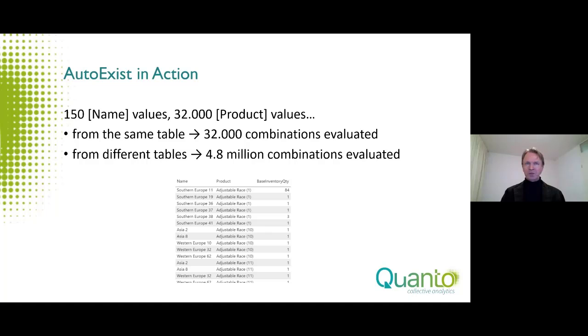So it could reach billions and billions of calculations to be done, and especially if your DAX formulas are less efficient, then this is a common cause of performance problems. So this is something to understand, that this happens. So if you have performance problems in your reports, this may be one of the